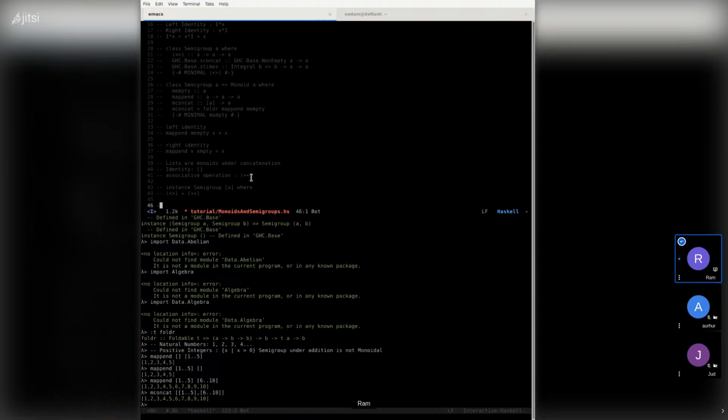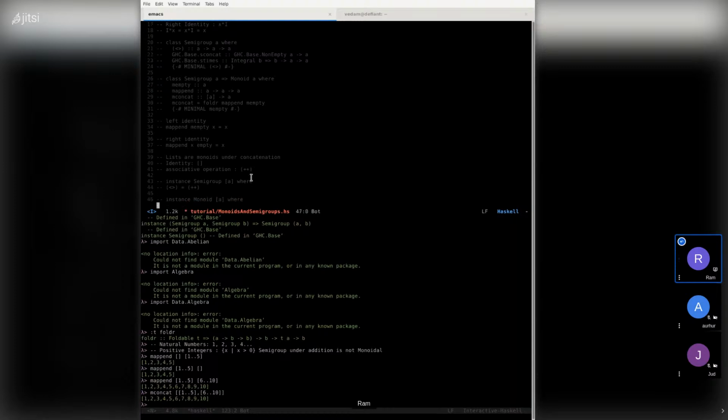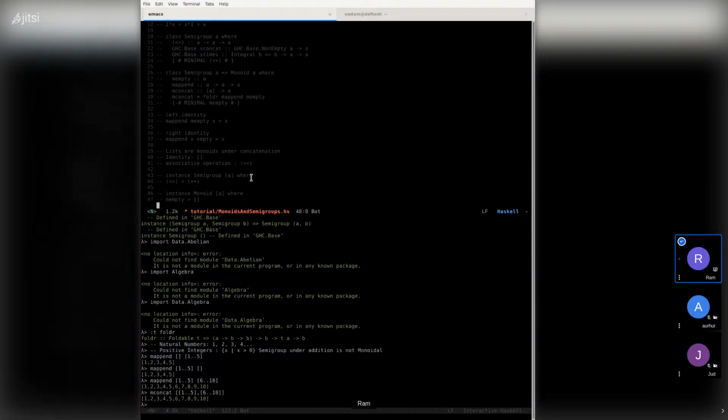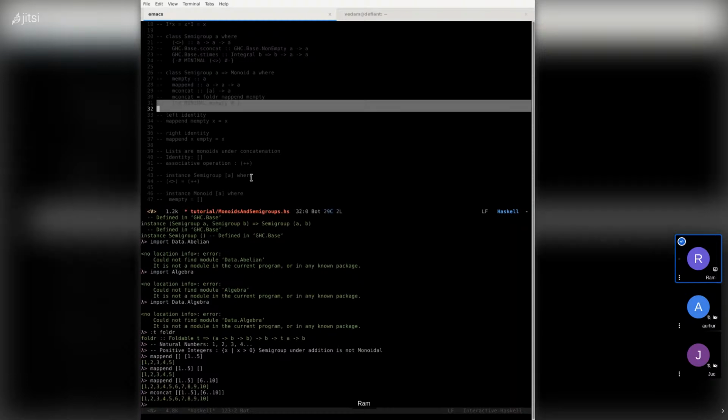And then obviously they could just define instance of monoid of A where empty is identity. Now, you may be wondering why this is defined in Haskell as being just empty and doesn't have mappend or mconcat defined. It goes back to this meta syntax that we've seen before. In order to implement the monoid, you need to have the bare implementation of the monoid, which is really defining the identity element.